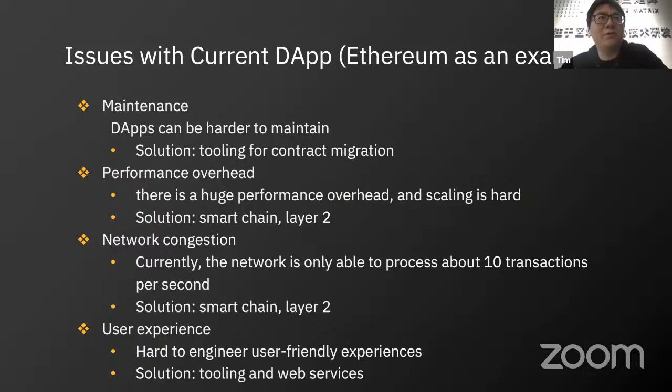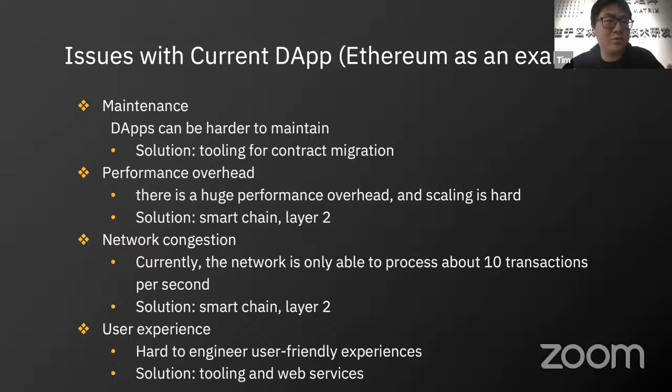It's basically the result of the performance that the current Ethereum network can only process about 10 transactions per second. That's quite slow for a big network, right? So the solution is also, as we mentioned, the smart chain and the layer 2. I think BSC did a really good job in this sense that it's quite fast. It's a lightweight smart chain network, a smart chain that only executes the smart contracts, right? So basically,